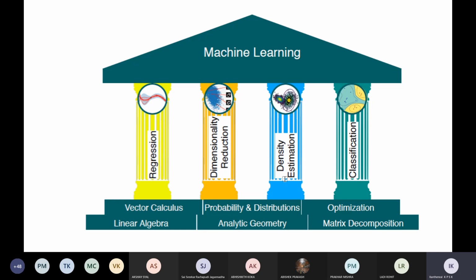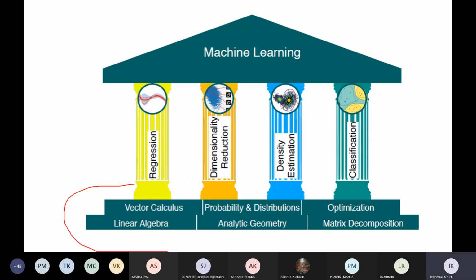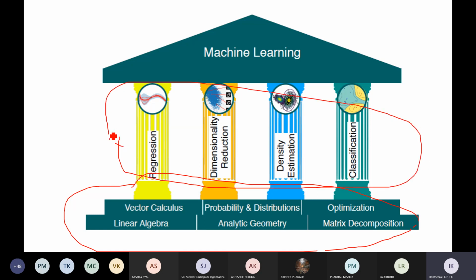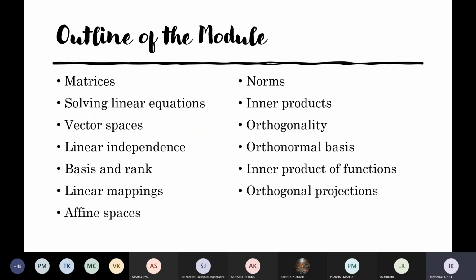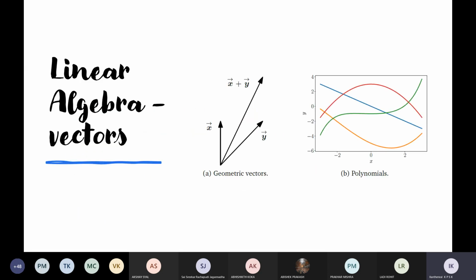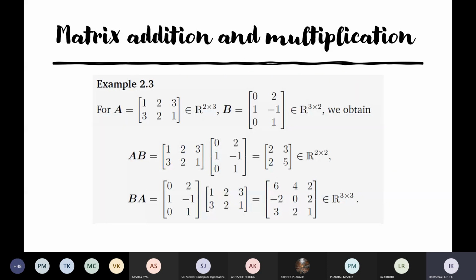Clear? So with this, I have just given you the rough idea of how your course is structured. This whole part that you're seeing here, this is the first 4 units, the bottom part, and the next 3 units will be covered by this part. So this is the modeling part, basis and the modeling part. So I'm winding up with this. The next class, I think I will start linear algebra. I think all of you could have studied about matrices. You'll have some idea about matrices and solving system of equations. We will look into it in the next class.